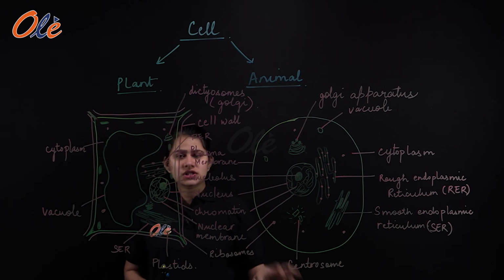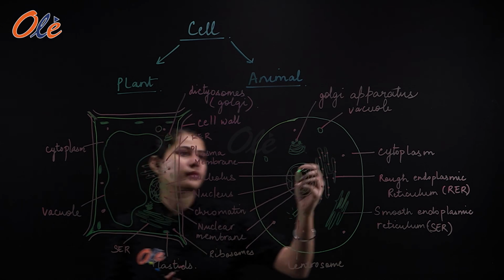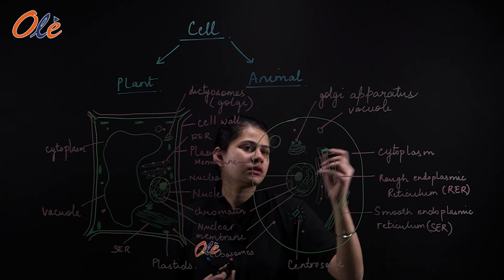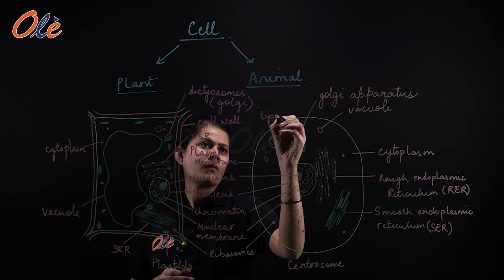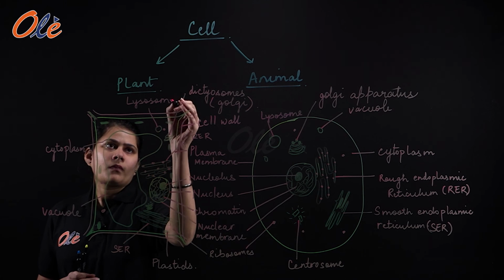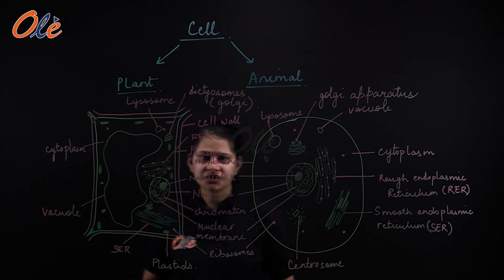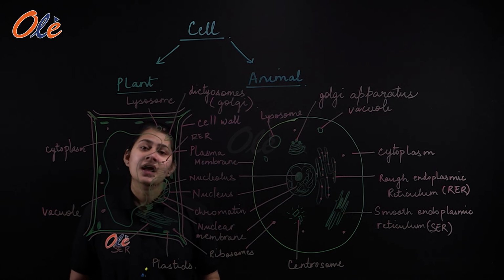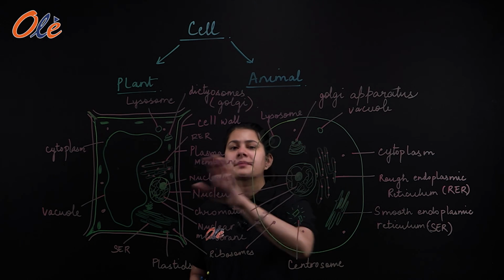Alright, then we also have the lysosomes which come out from the Golgi apparatus, which are formed from the Golgi apparatus, right? So they are a sort of larger body than the vacuole. All right. So we have drawn the basic structures here, right? Anything else that I'm forgetting and you are remembering? If yes, then you can draw those also, right? So this is the basic structure.